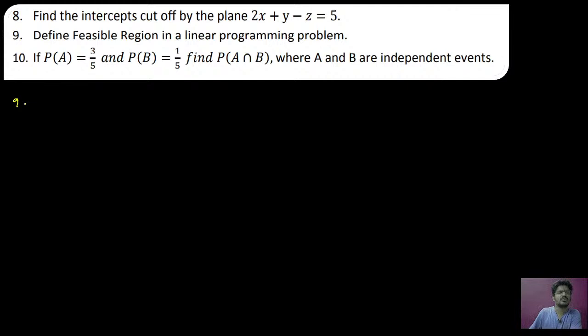Here in the 9th problem, you have to write the definition. Don't miss the definition. You have to write it neatly. That is, define the feasible region. Okay, so the feasible region definition is, all of you know, that is the common region